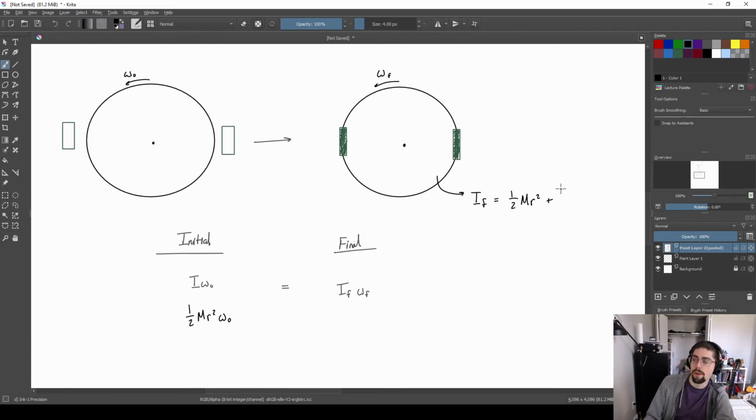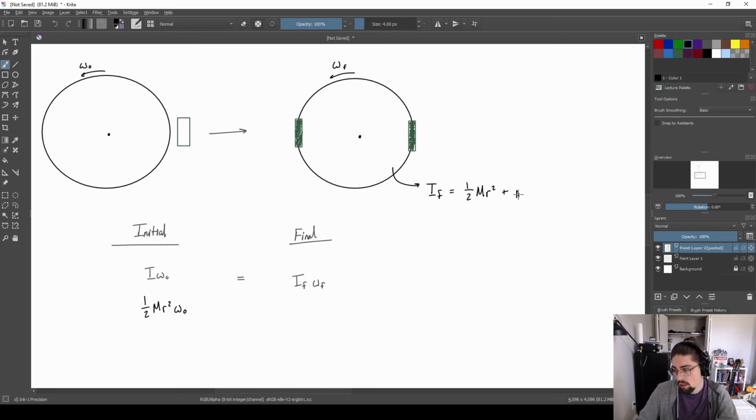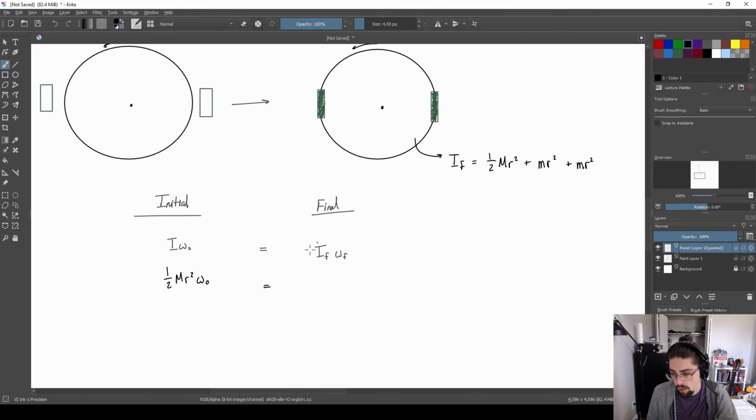That is the wonderful thing about these. Even if I have a continuous shape and point masses, whatever combination of objects I have, if I'm looking for the total moment of inertia, I just need to sum up the individual pieces. So that is 1/2 MR squared, capital M, R squared. One block, mr squared. Two blocks, mr squared. Bam. Nice and easy. So we come down here. This is going to become essentially 1/2 capital M R squared plus 2 small m R squared